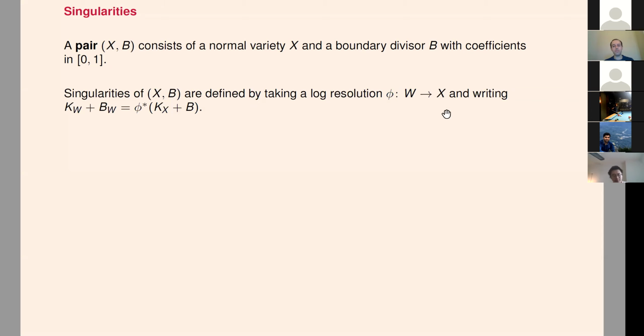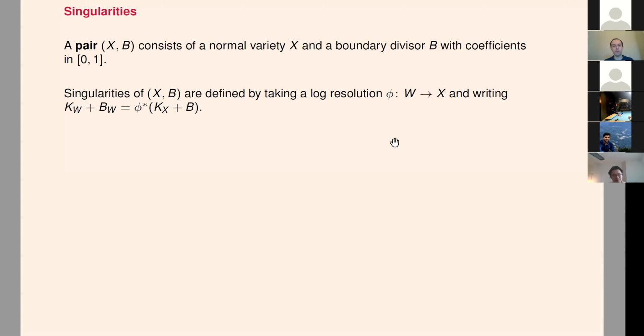This means that we take a birational map from some smooth variety W to X, where, of course, it removes all the singularities of X, but also it removes all the singularities of all the components of the divisor B, and pretty much anything new that may appear on W. You may have new divisors. They are also smooth, and they intersect each other in the best possible way,